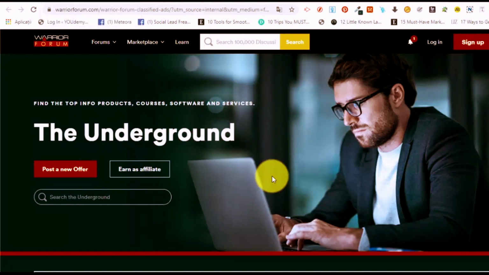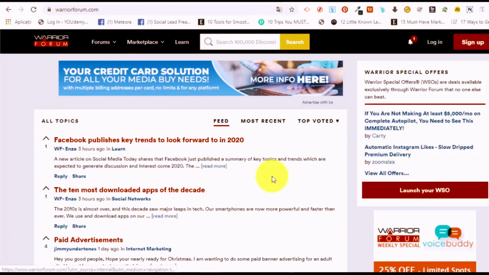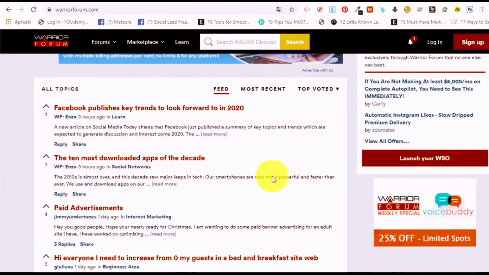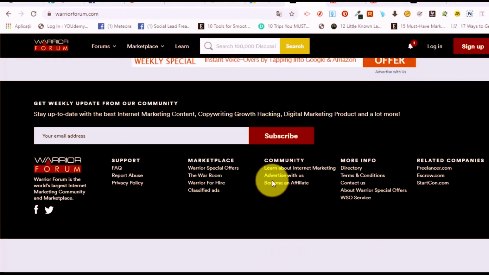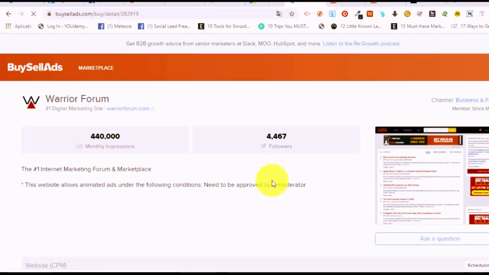And now what types of traffic can we drive to this page? That means what types of traffic we can send to this page, were fairly easy. We are in the Make Money Online niche. So one of the places that we can use for traffic is the Warrior Forum, which is the largest forum in the world for Make Money Online. And if you go on the Warrior Forum, in the footer side of the website, you are going to see here that they have an option, Advertise with Us. And if you go in the Advertise with Us section, you will see that it has